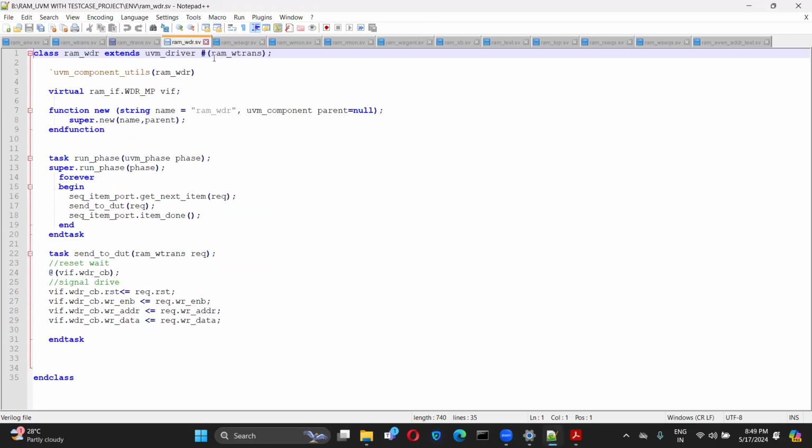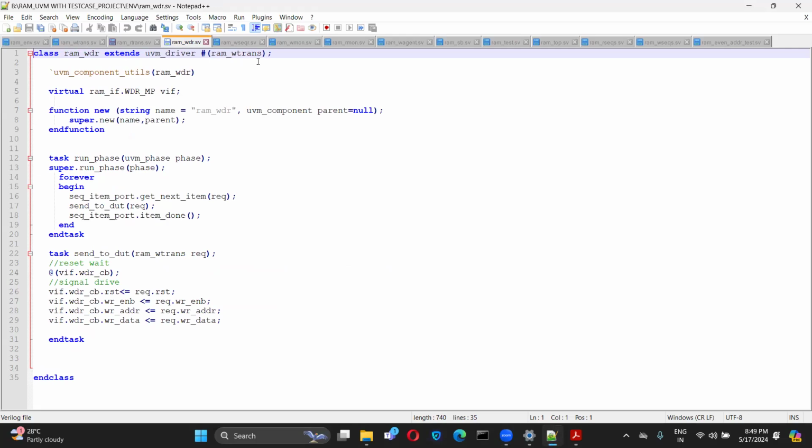Right driver we have, right? We are passing the RAM right trans. So it means this driver will understand it, and from this right driver we will get only the right transaction things. And if it is a read transaction, you will pass that, right? So whatever transaction it is, only those things we will pass here. And you cannot pass two things at once, right? You can only pass one.